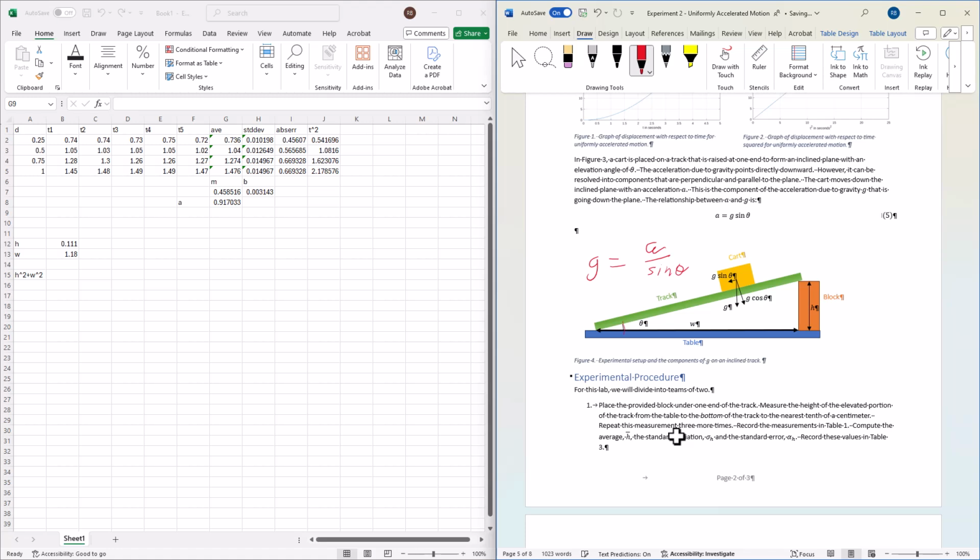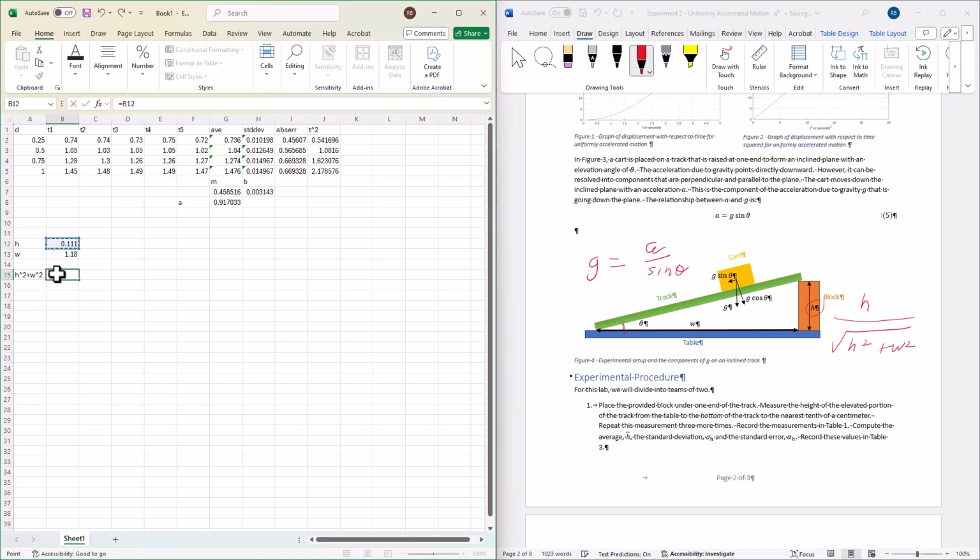Well, here's theta. So sine theta is going to be the height that we measured before, h, divided by the length of the hypotenuse here, which we didn't measure, but we did measure the width, and we could compute the hypotenuse using the Pythagorean theorem, the square root of h squared plus w squared. Okay, now here I have my h, and here I have my w. So the sum of the squares I can compute by going equals